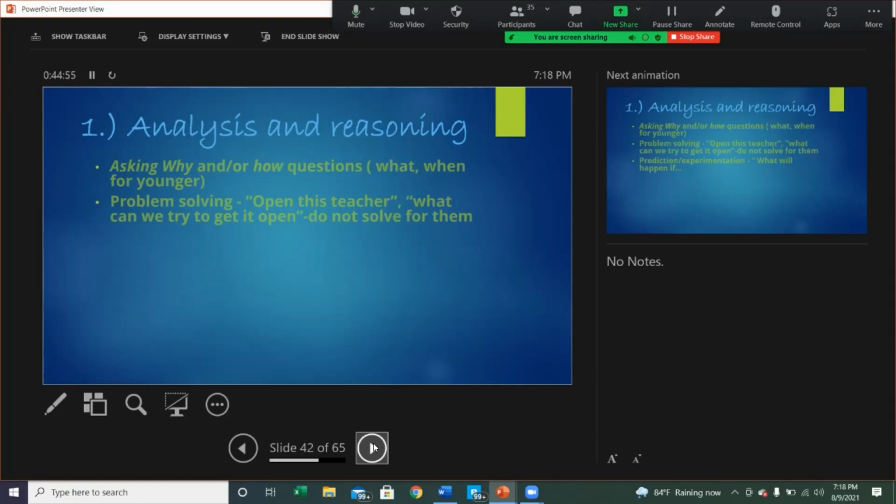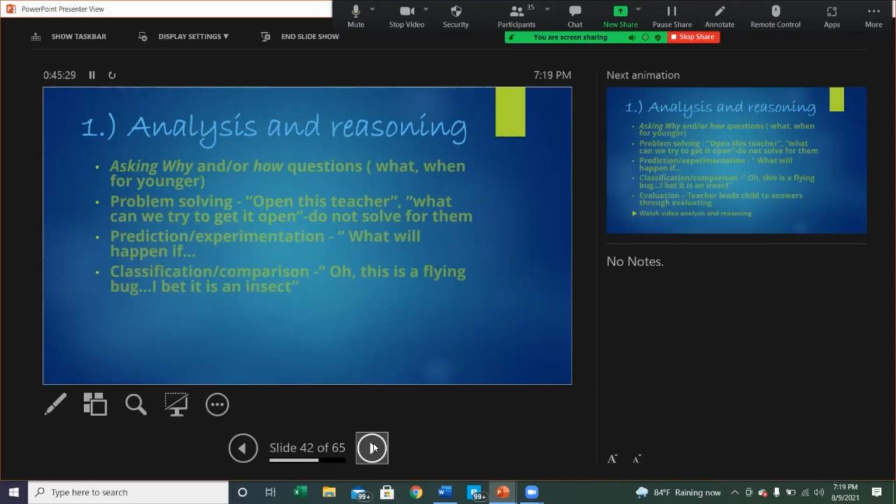Problem solving, that's just that, hey, teacher, open this. Well, what could we try to do to get it open? You know, and that's just you getting them to the point to where they go, yeah, it's slipping because my hand is wet. Well, what could we do to get your hand to not be wet? I'm going to go get a paper towel. And then they try to open it, and they open it on their own. And you don't get the glory, they do. And they get a confidence booster off of that. And you know what confidence does for kids. What will happen if,